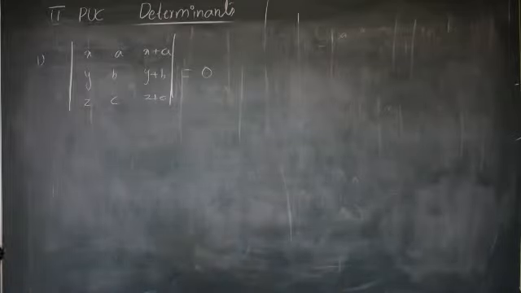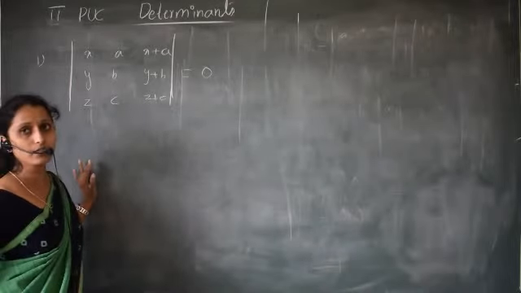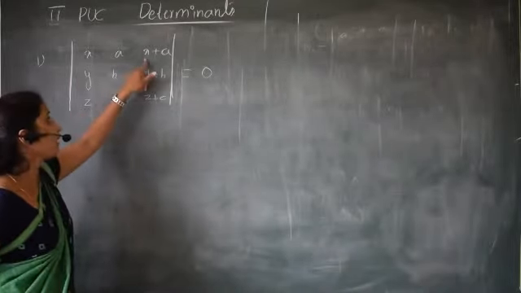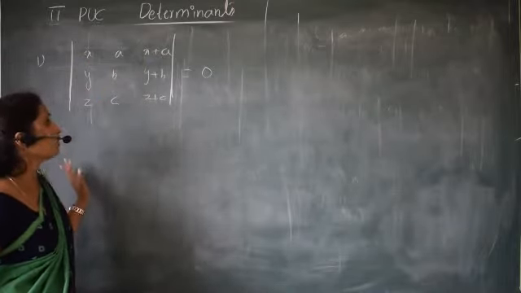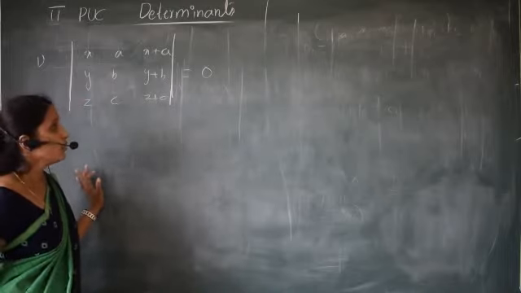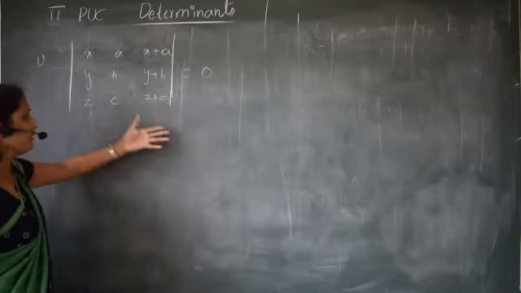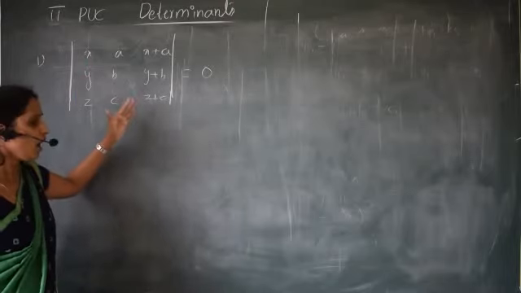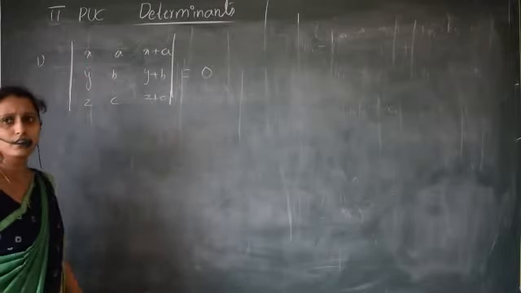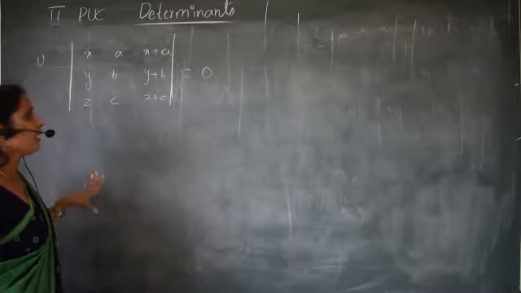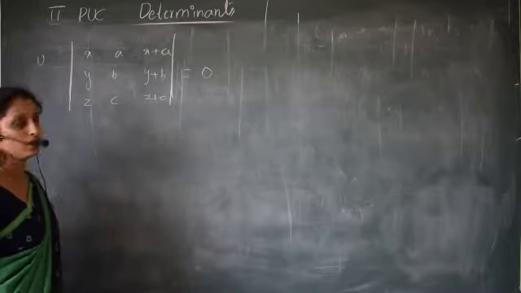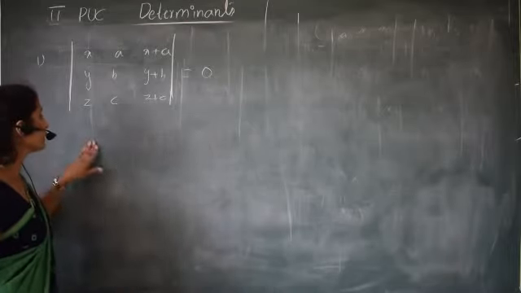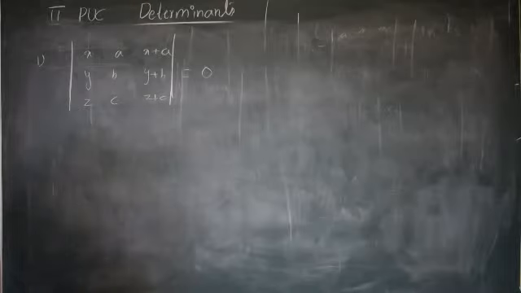So how can we find it? We know the expansion method. What is that? Either we expand along R1, R2 or R3. That is a lengthy process because it is in terms of unknown values x, y, z, a, b, c. To get 0, you can get it, it is not so difficult, after 10 or 15 steps you may get 0. But without that, directly within 2 or 3 steps we can get the answer as 0. So what I can do is use the properties now. We have to use the properties and also the elementary operations.